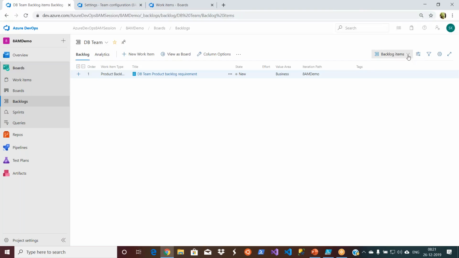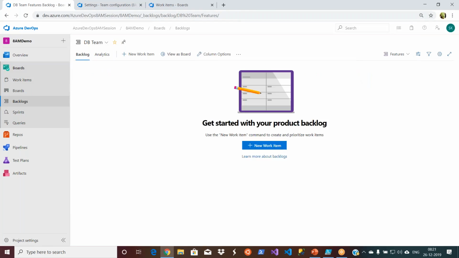So on the right hand side you see, right, now I am in the backlog view. Basically if I want to go to features view, it will go like this. So this is showing empty, right? The reason is I haven't created any backlog item or feature here. That's why it is showing empty. I can create a feature from the top or here. I would simply say new work item, and then I say